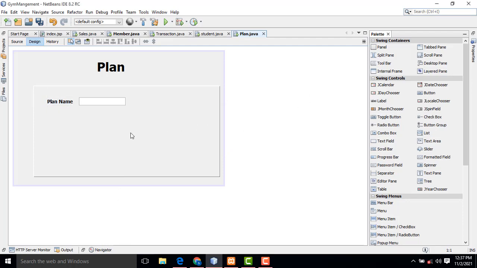Right, after that select this one, hold the Control key down and select both, Control C to copy, Control V to paste below. This one I have to set as validity. After that amount.